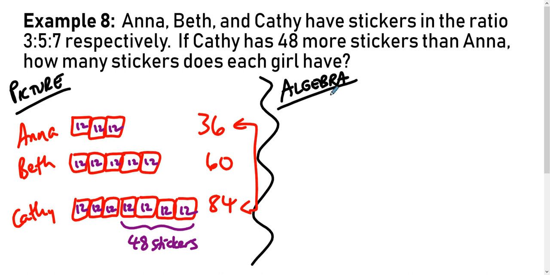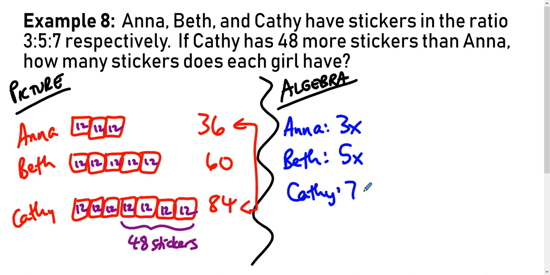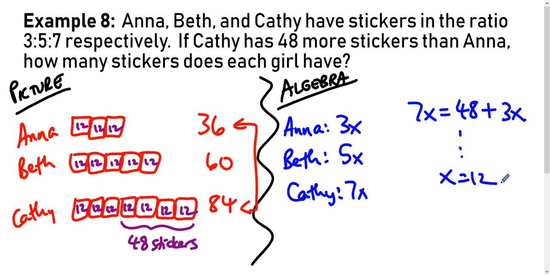You may have learned how to do this with algebra. You may have learned to say that Anna has 3x stickers and Beth has 5x stickers and Kathy has 7x stickers. And so when we say Kathy has 48 more stickers than Anna, we mean that the number of stickers Kathy has is 48 more than the number of stickers that Anna has, and so x is 12,